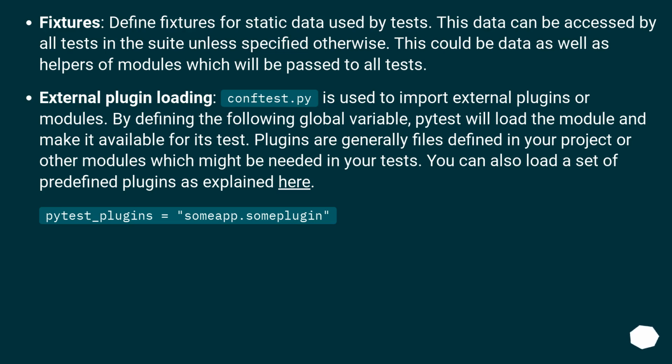External plugin loading. conftest.py is used to import external plugins or modules. By defining the following global variable, pytest will load the module and make it available for its tests. Plugins are generally files defined in your project or other modules which might be needed in your tests. You can also load a set of predefined plugins as explained here. pytest_plugins = "somewrap.someplugin"